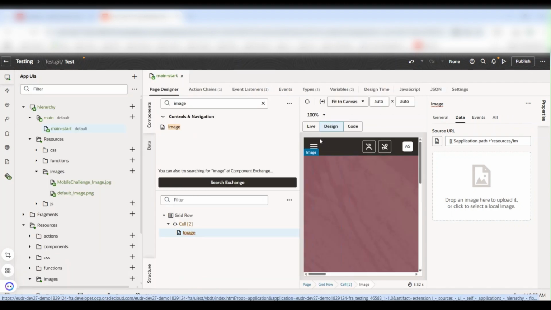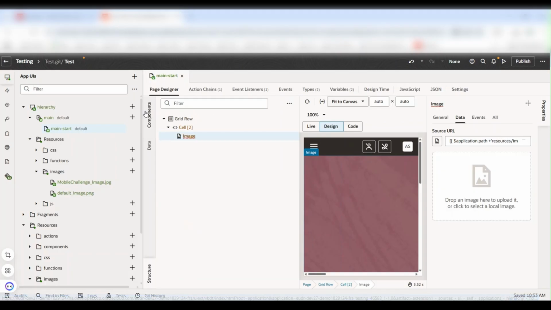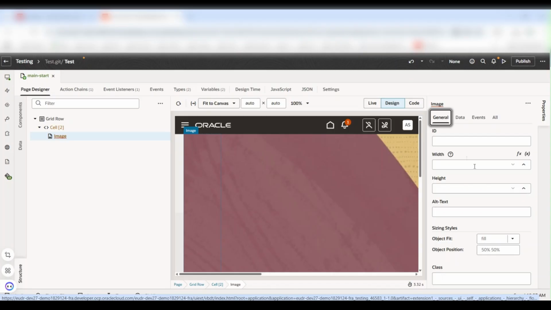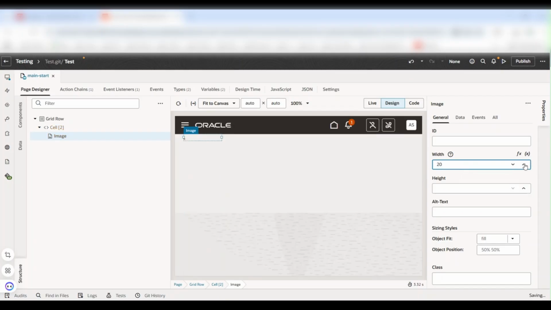Once we place the fully qualified path, then our image is appearing here. You can adjust the size. Just go to the general. I will put it as 150. Let me increase it. Let me put it as 150 or 160 something.